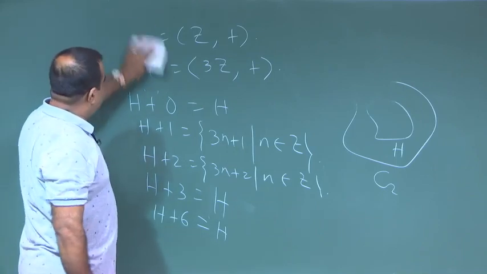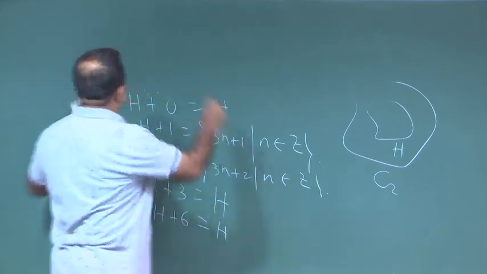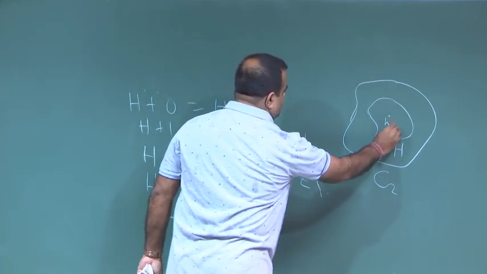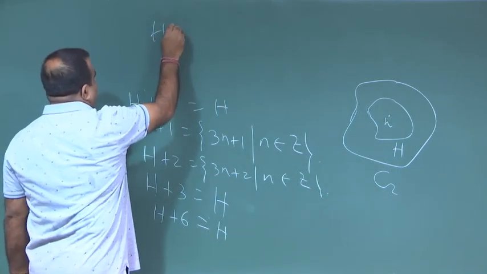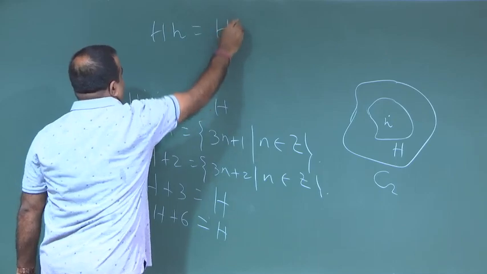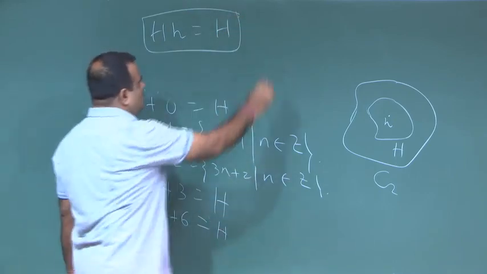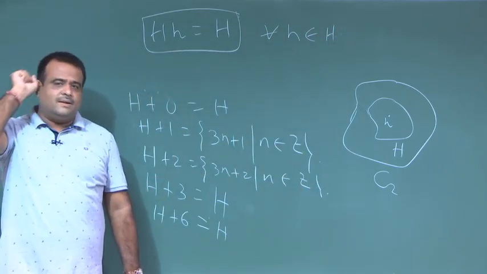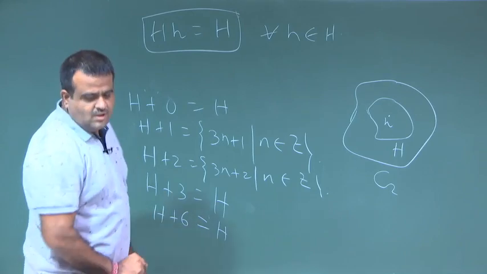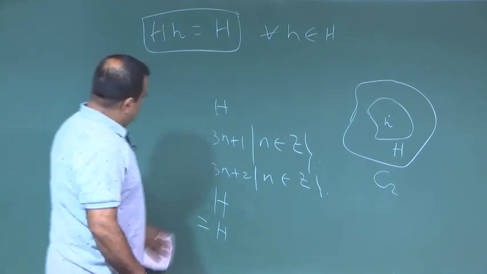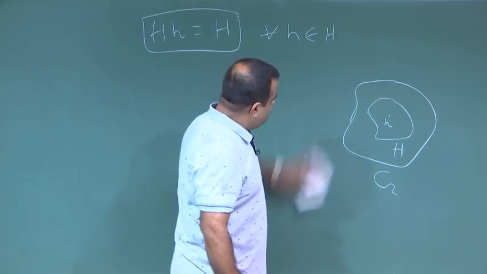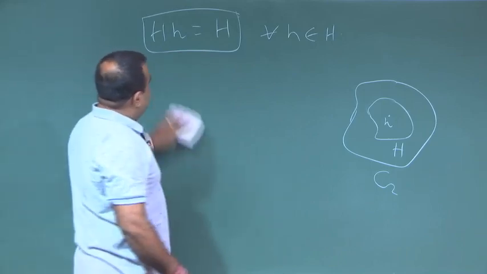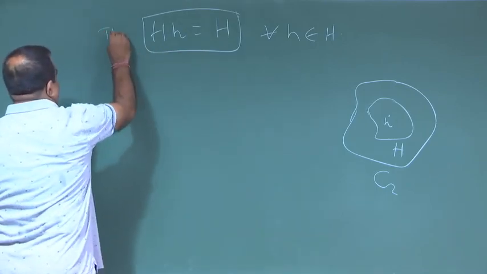Okay. So, this is a general result. What is the result? If you take any element a from H, so we have this group and this subgroup, then Ha is basically H. This we can prove, a similar proof to what we did for the left coset, a similar argument. So, this is a result: if you take any element from H and do this, then it gives us H again. This is theorem 1, we can say.